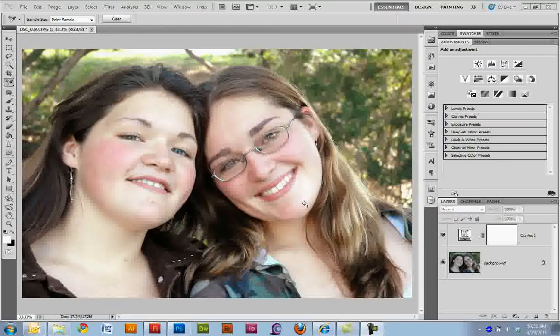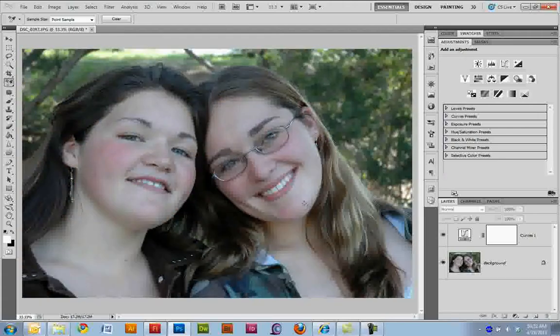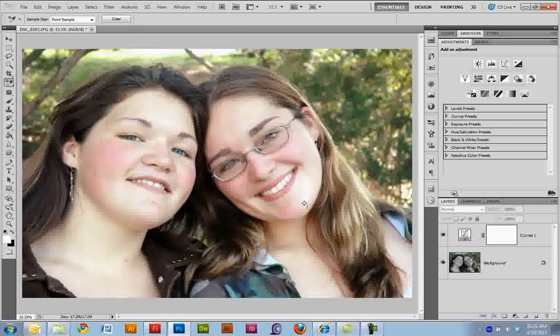So here's an image where I have already created the curves layer that corrects the warm, cool issues with this image, brightens it up, warms up the hues significantly. But we still have areas of the photograph where there are some significant red tones to the skin that are a little bit unpleasant. So I'm going to create a hue saturation adjustment layer, and I'm going to try to